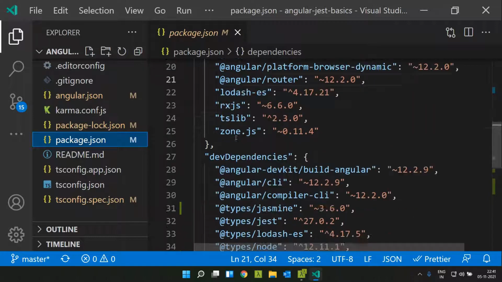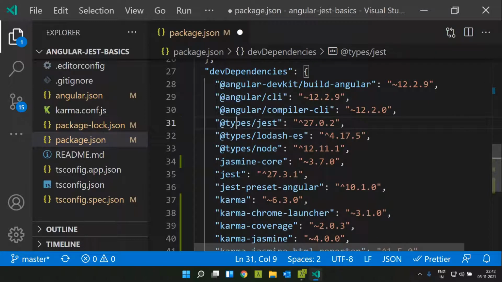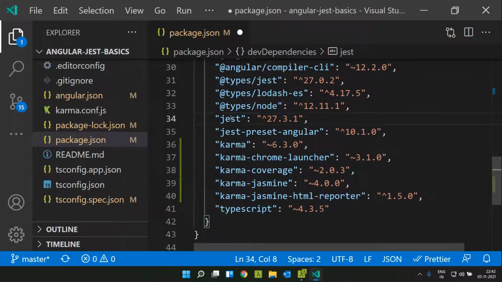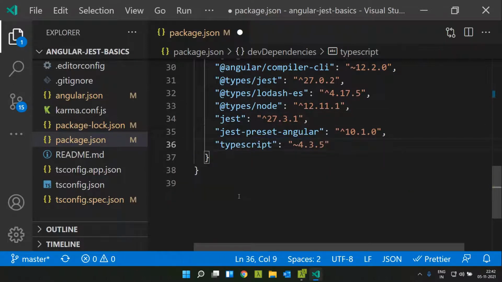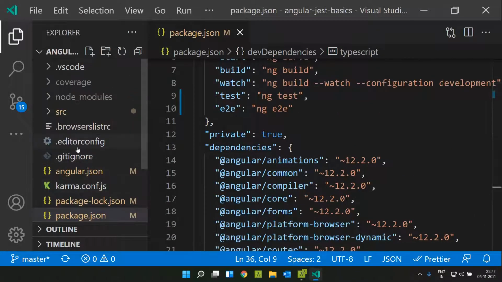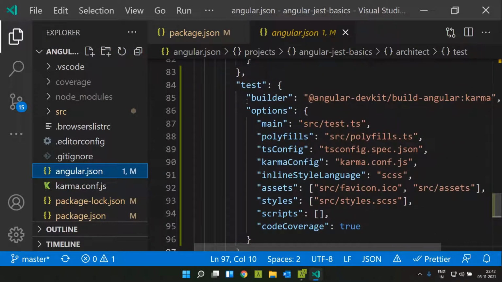Now we can go ahead and remove all the dependencies of Jasmine. So I am removing the types, Jasmine core, Karma. So that's it. Now we can also remove the test from our angular.json file, since we won't be using ng test for running Jest.